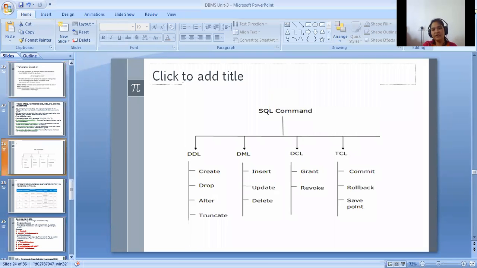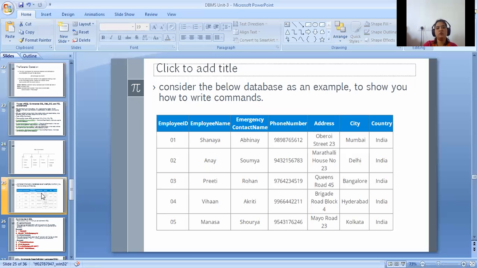So just start with the DDL commands, data definition language. Now, consider the below table as an example to show how to write the commands. Take a screenshot, or if you want, just write it down.